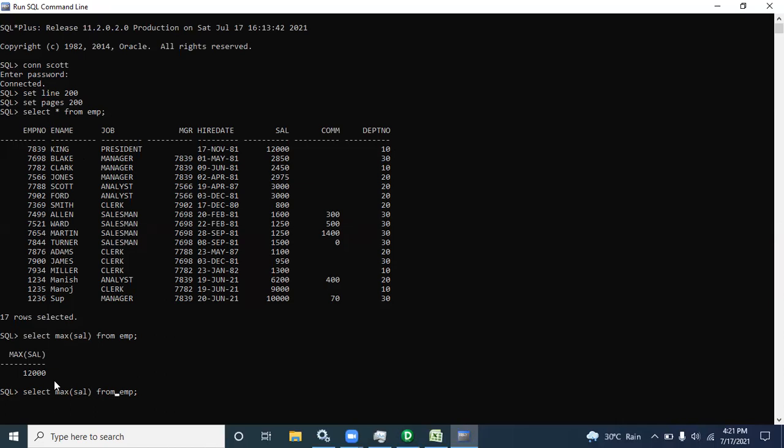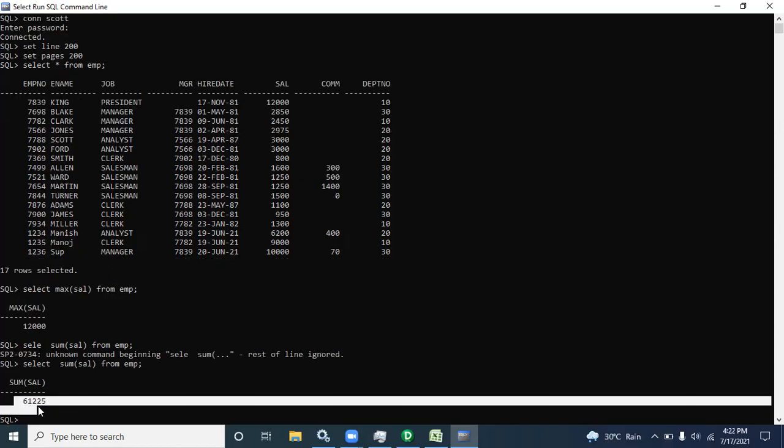Now you can also check in this manner. Suppose I want to see how much salary we spend in total: sum of salary.